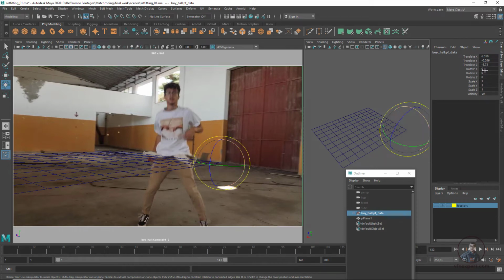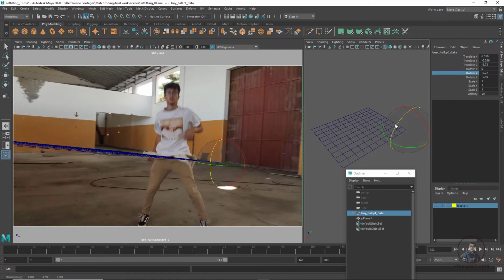So even from here you can also adjust, maybe X and Y, all these values. For a little bit we have to match this line. Okay, so maybe click here and middle mouse button and adjust like here. And if you want, you can also adjust these values. Whatever you need, you can adjust.